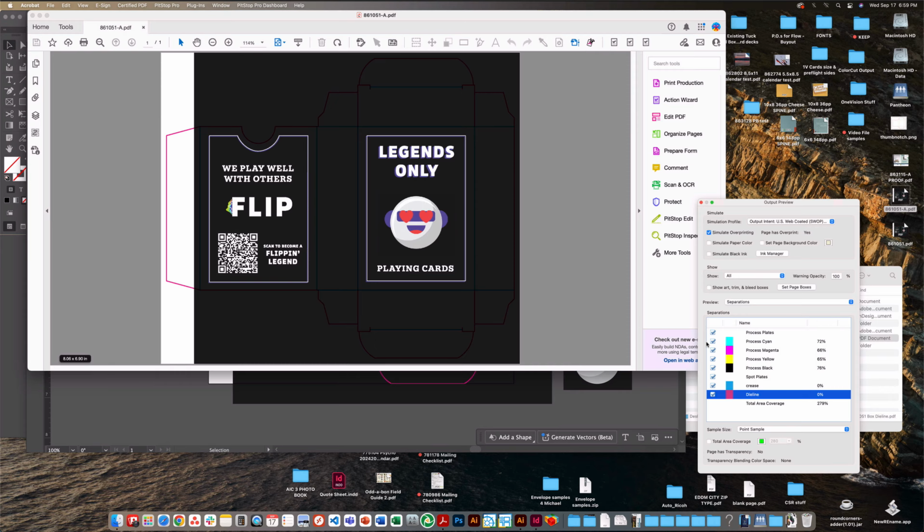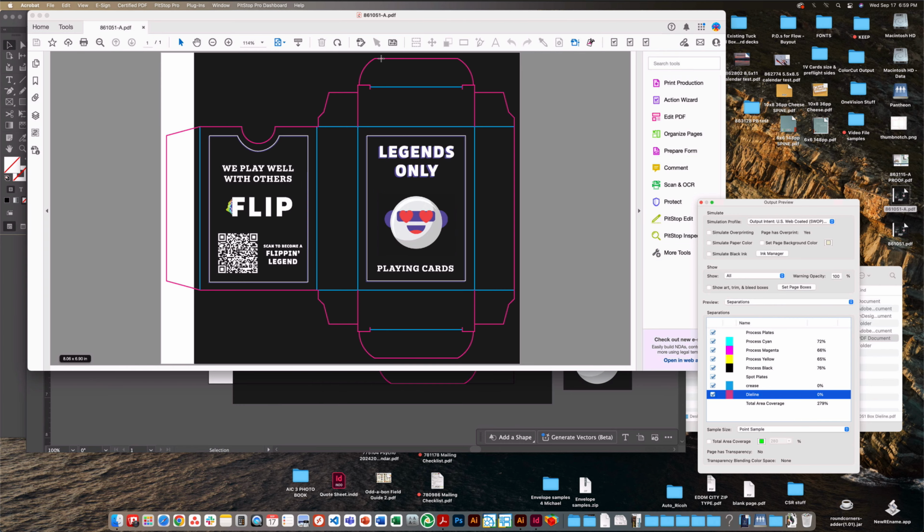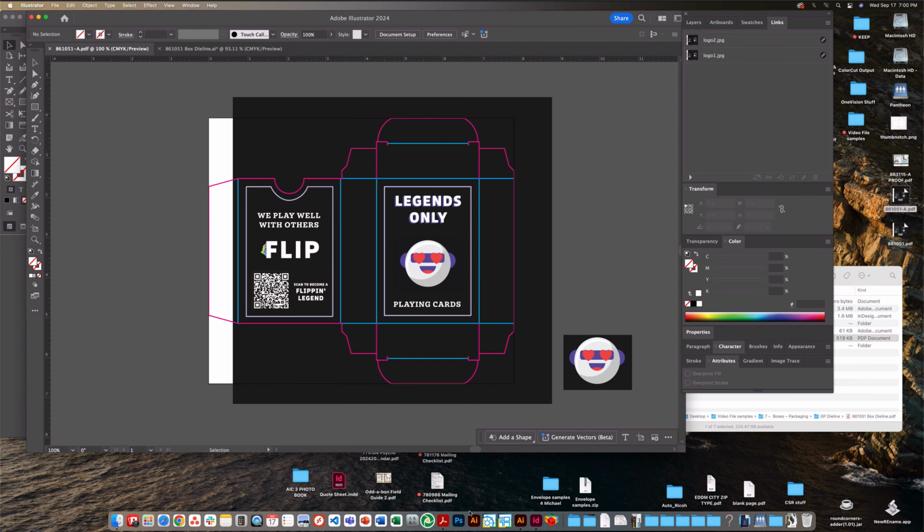You can see, let me turn the Simulate Overprint off for a second. You can see we have our bleed. It's all good. This one's an easy design. Now let's go into InDesign